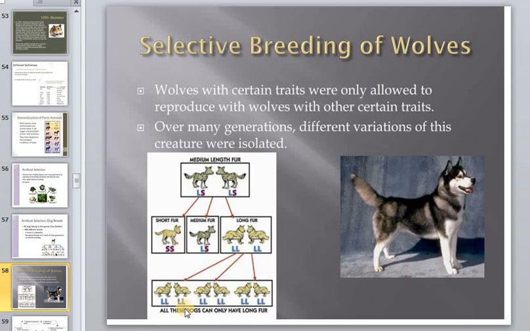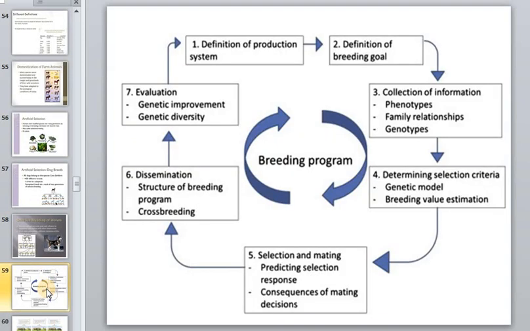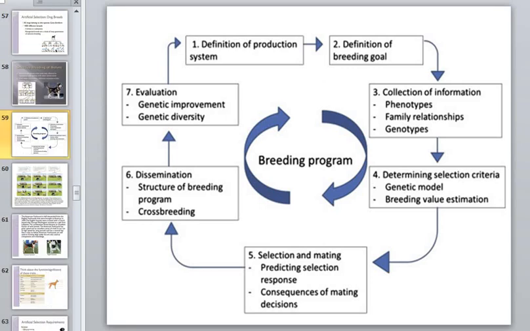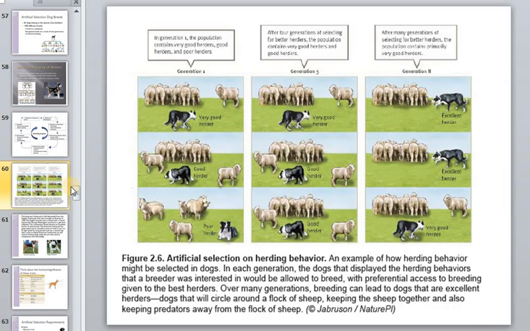And here is a selective breeding of wolves. And here this is different. All these dogs can only have long fur, for example, for one species, but it's a program. There is a certain algorithm, a program of action to improve certain qualities of the animal, of the body, and here is an example of herding capabilities in dogs. I like this breed of dogs. It's a very smart dog, but we will talk about different breeds of dogs today.